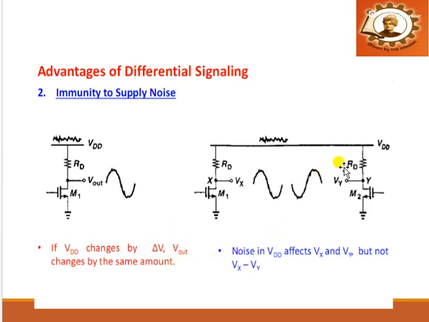So in the case of our differential circuit, differential amplifier or differential signaling process, we are generating two equal and opposite polarity waves, and if the voltage source is corrupted by some external noise, this effect will be nullified because both are in opposite polarity. So the differential signaling will give us much more immunity for supply noise.